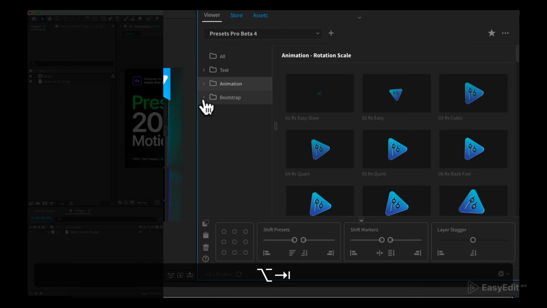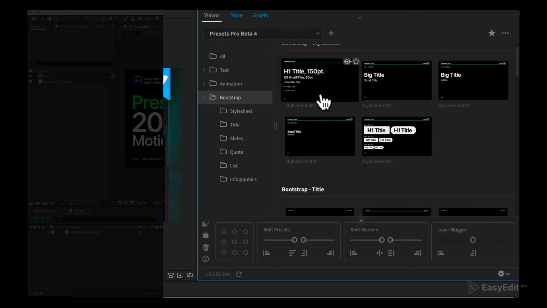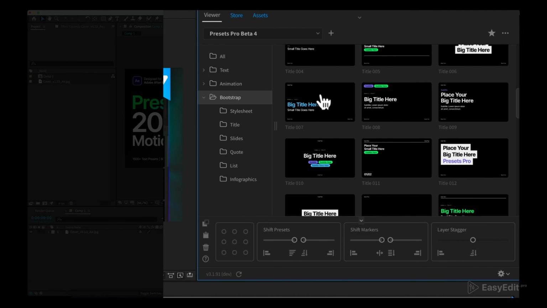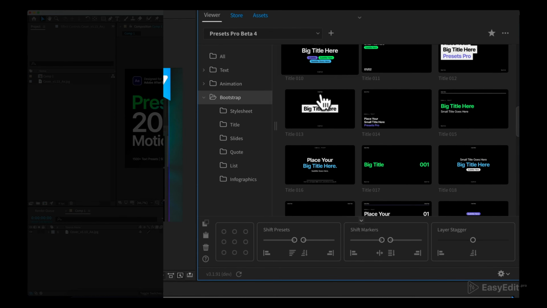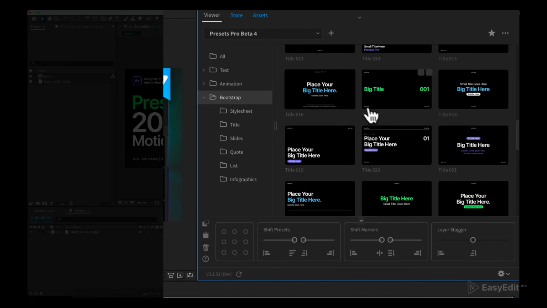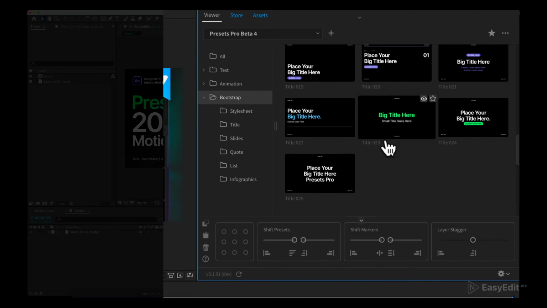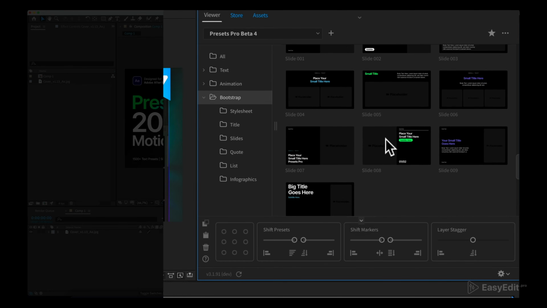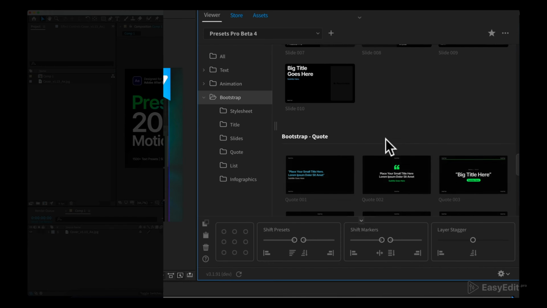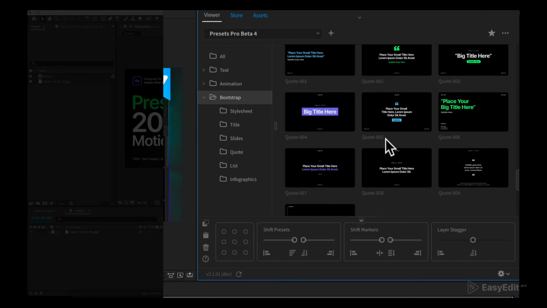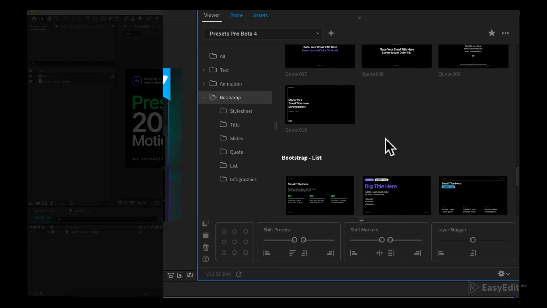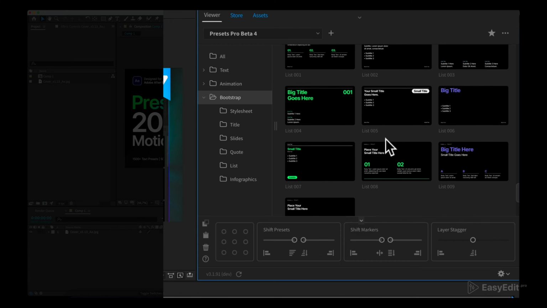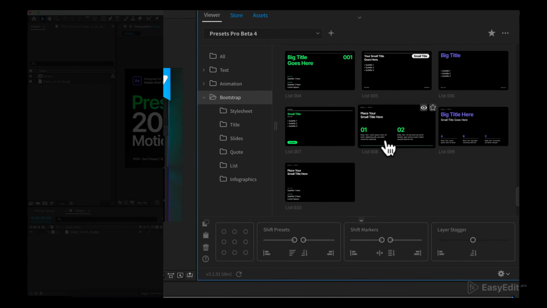The Bootstrap category includes a lot of professional compositions, which can help you put your ideas into action. They are created according to all modern typographic rules. In this project, we set perfect sizes, indents and fonts, accurate compositional balances. All compositions have animation inside and are ready for your creativity. You can easily modify them, combine them, or take particular elements you need, and then apply animated text presets. It's a set for a quick start that has everything you need inside, and the result will look beautiful and